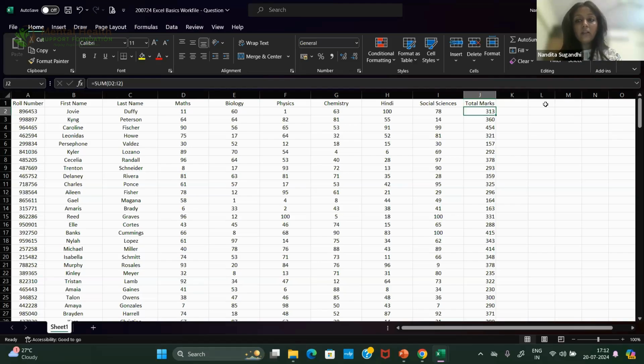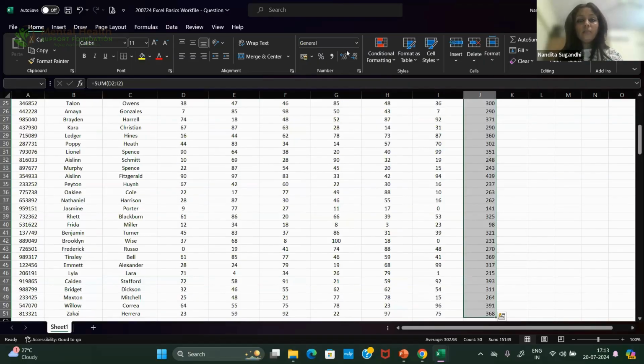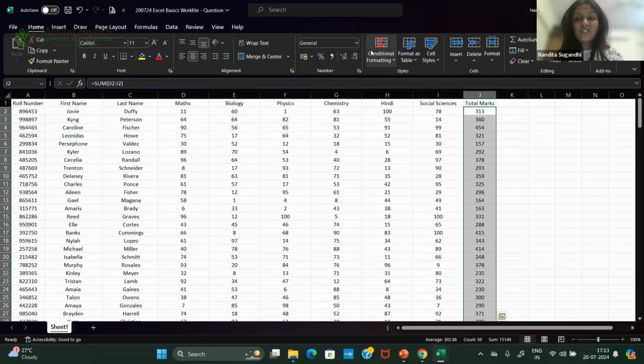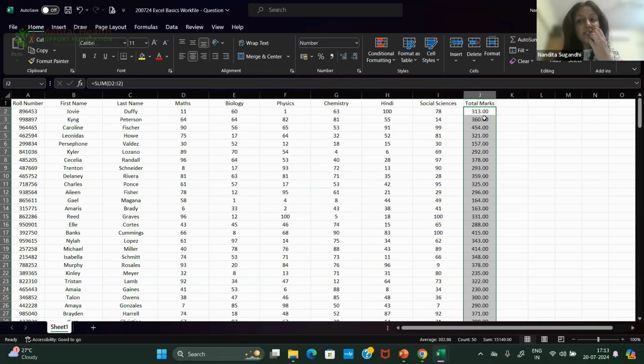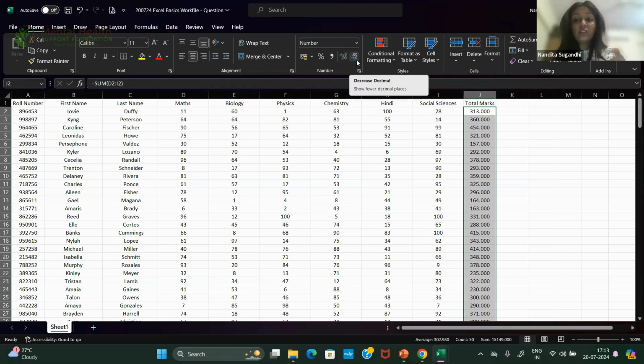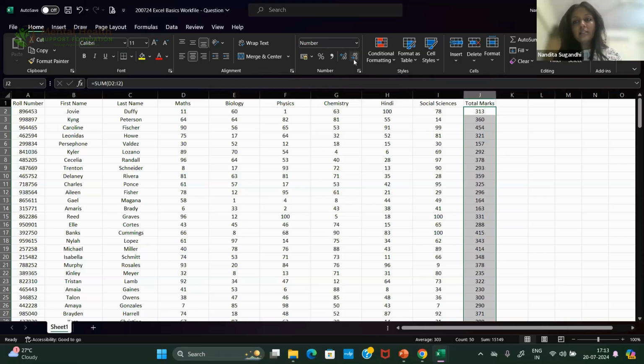So I take it that we are done with the sum function. And now we know how many marks every student got. Now, this is basically a number, so I can change its data type. I can go to the Home tab, I can go to Number, I can set the data type as number. By default, it will give me 2 decimal points. I press this, it will give me lesser precision. If I do this, it will give me more and more precision. So I decide to have no decimals, and that is the total marks.